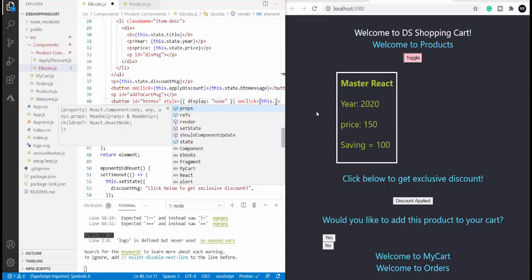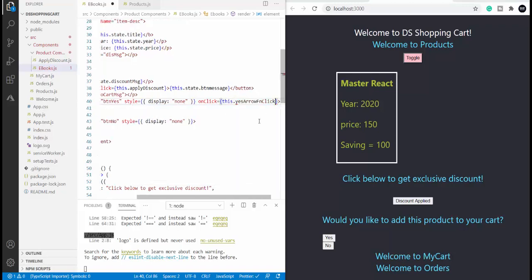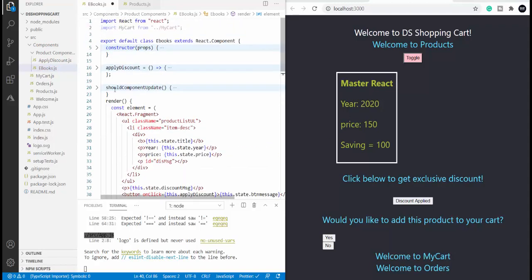I've not created the method yet, but I'll be creating it with the same name that I give here. Yes, arrow click function. The same I'll be creating on top of it. This will be my arrow function.